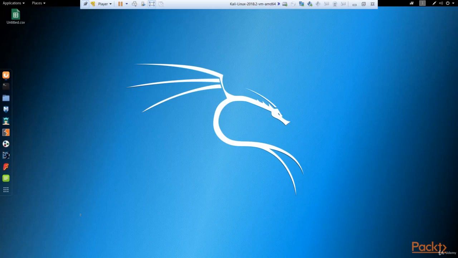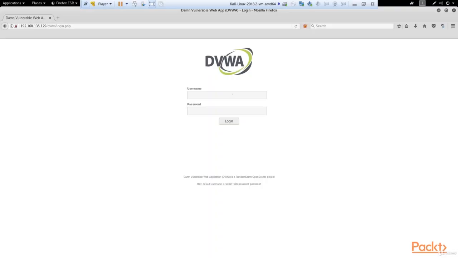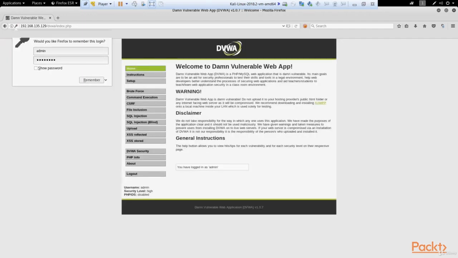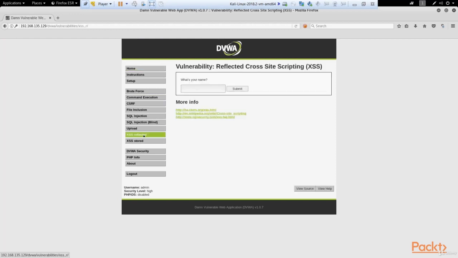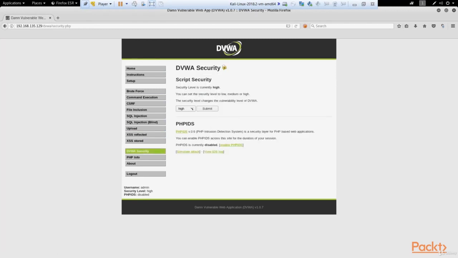As in the previous video, I'll use my Kali Linux as an attacking machine and Metasploitable 2 and the DVWA application as a target. Actually, this process is almost similar to the testing for SQL injection. I've got my DVWA running. Let's go inside, type admin, and the password is password. Okay. Then we go to the XSS reflected option and then go to DVWA security, and here choose low, then come back to XSS reflected,